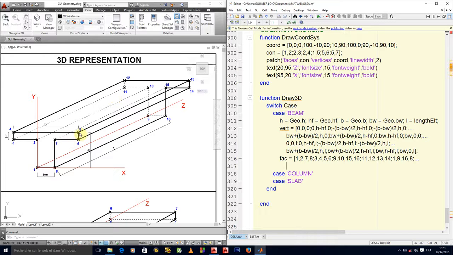Okay, let's go down. And then I'll have this rectangle that is down here, under this flange. So it will be 7, 15, 14, 6. Okay, then what next? Let me just take the other flange also the other way, which should be 3, 11, 10, 2.